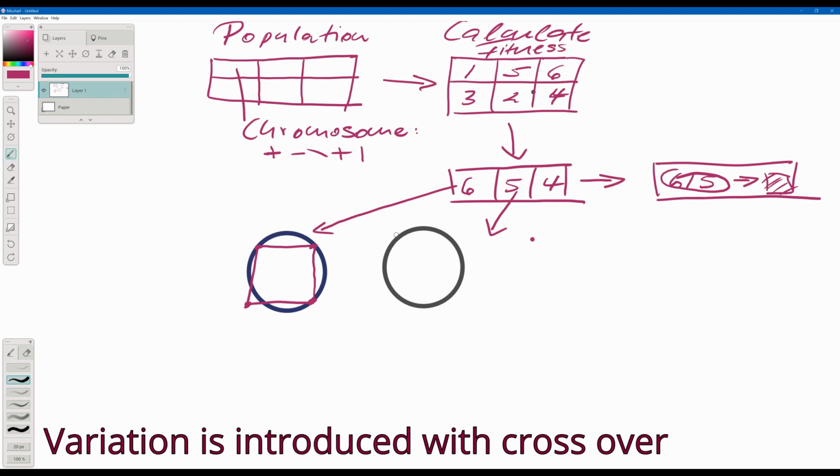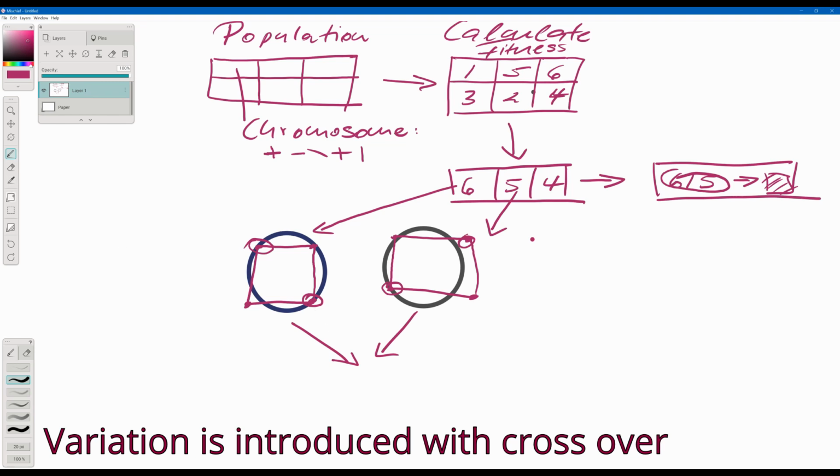Perhaps this one had an expression here. And perhaps then one of them was in here. And perhaps the other one was an outlier. And then we had another outlier here. And then for crossover, we basically determine how many of these we want to keep. And perhaps we randomly keep this one here. And perhaps we keep this one here. And this means that we take this one and this one. And then we end up